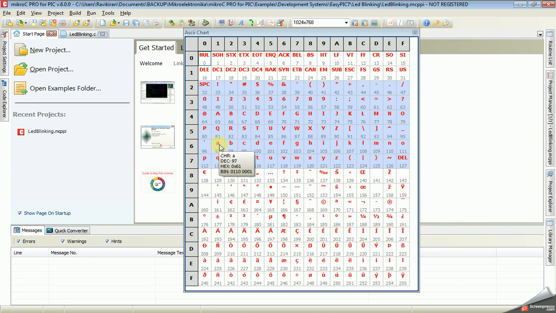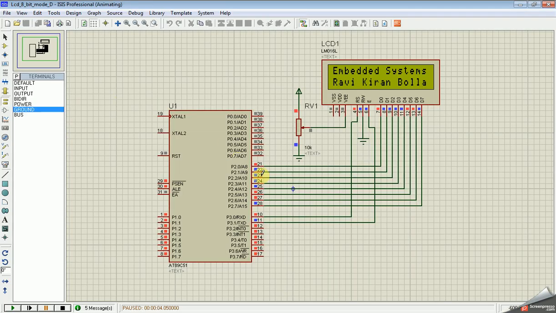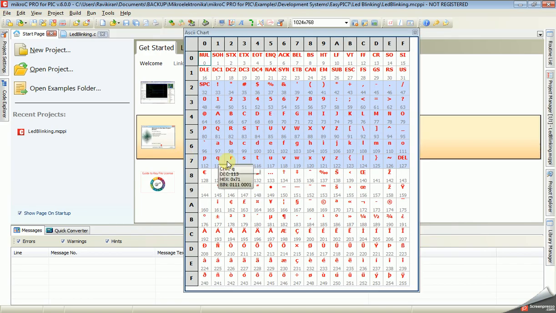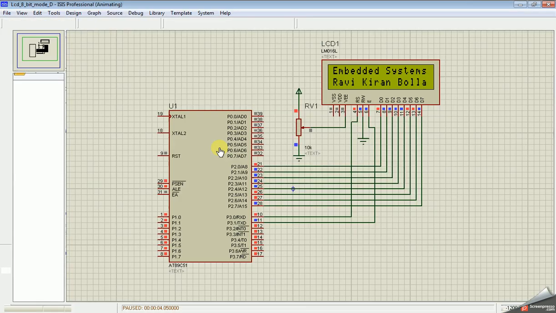So whenever you send the small a character to this LCD, that means from any port, that is 8 bits, the data will be like 0x61. That's what I am trying to say. At port 2 the data will be as shown here, 61.